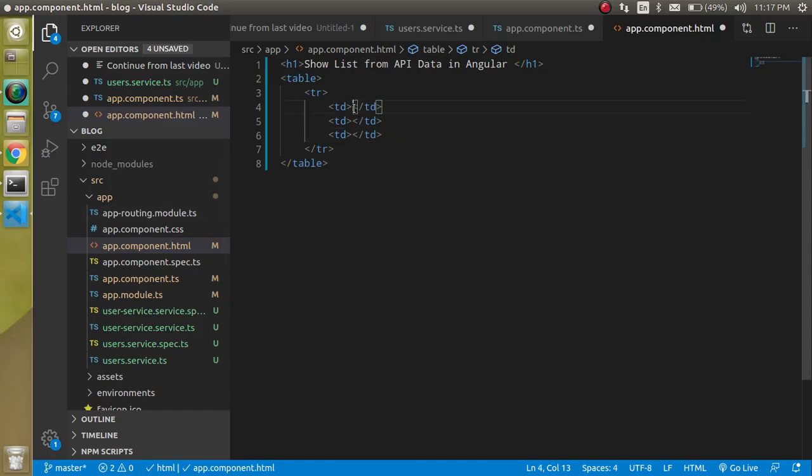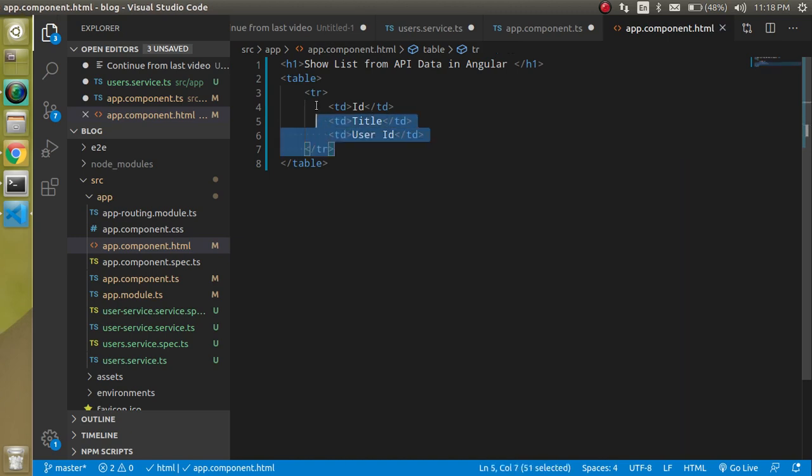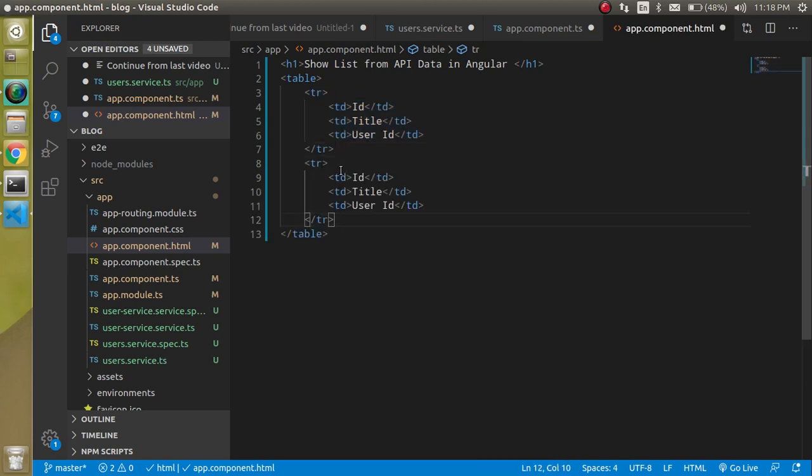So just write here id, title, and then we can use userId and all, right? So now what we can do, we can simply make one more tr.